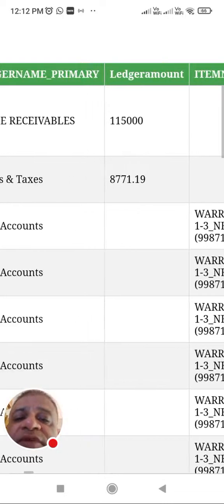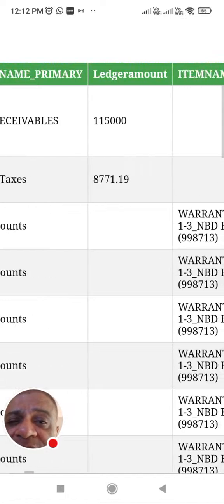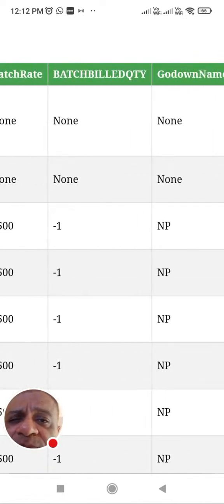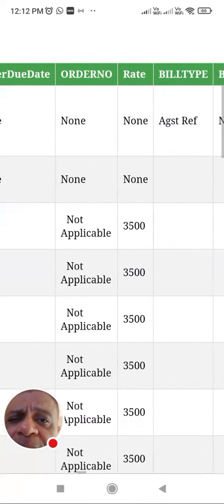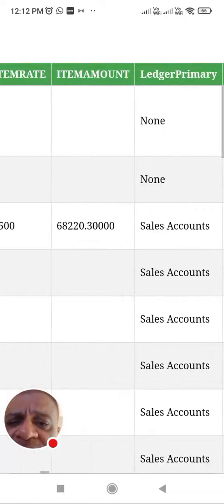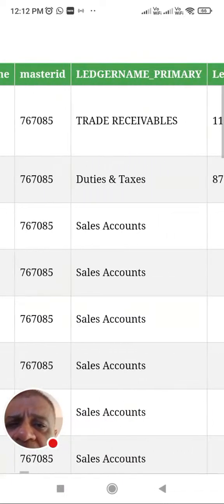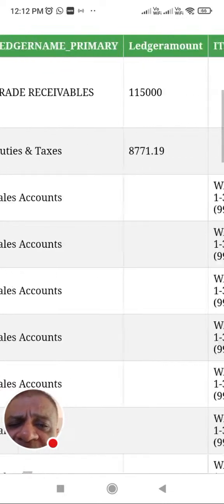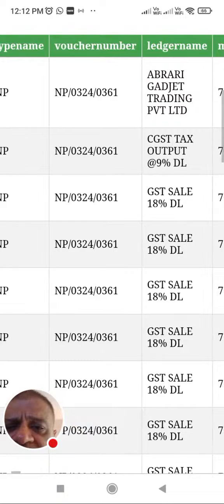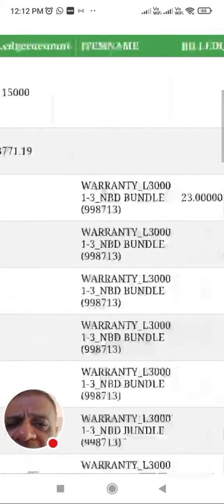So now here, say for example, you changed the name from sundry debtors to trade receivables. It's here, and with this trade receivables you can actually see the corresponding bill amount. So the bill amount is corresponding here. Now when I come down to the sales account here, I get duties and taxes, and then I see the sales account. Now with the sales account for this given master ID, you get the comprehensive number here, and then you see